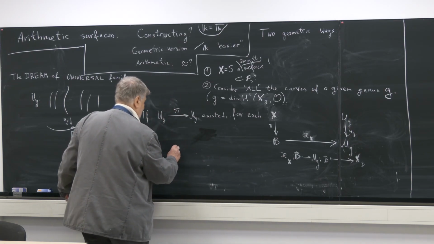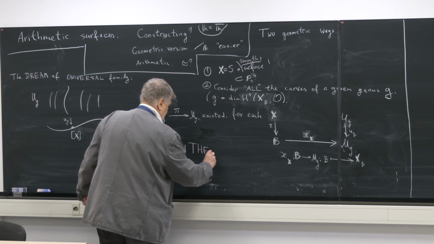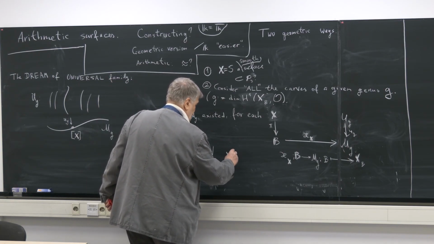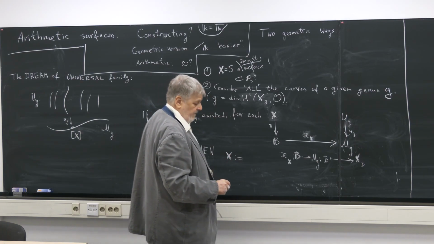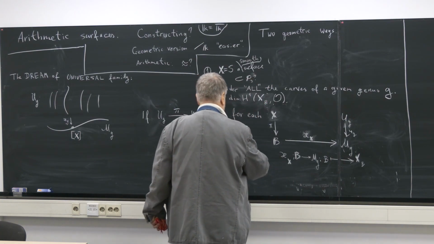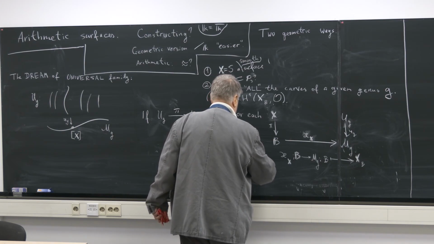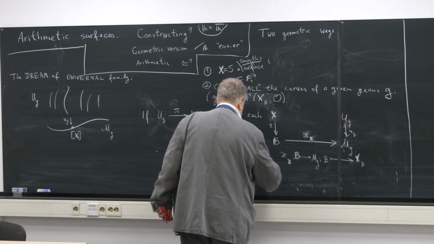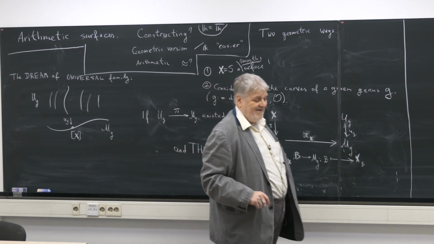I write it here, and then in this fantastic case, X would be just defined as a fiber product. X could be defined as the fiber product of B over universal space, with universal space over the moduli space. So in this case,